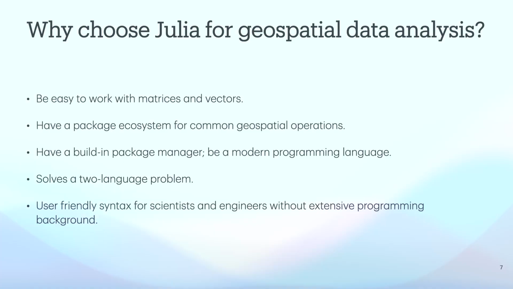I believe we could track different diseases if we know any specific information about how they develop. So this is a pilot project on how this prototype could work using Julia. Why did I choose Julia for it? In general, Julia is good for working with matrices and vectors, and we know that geospatial data are made